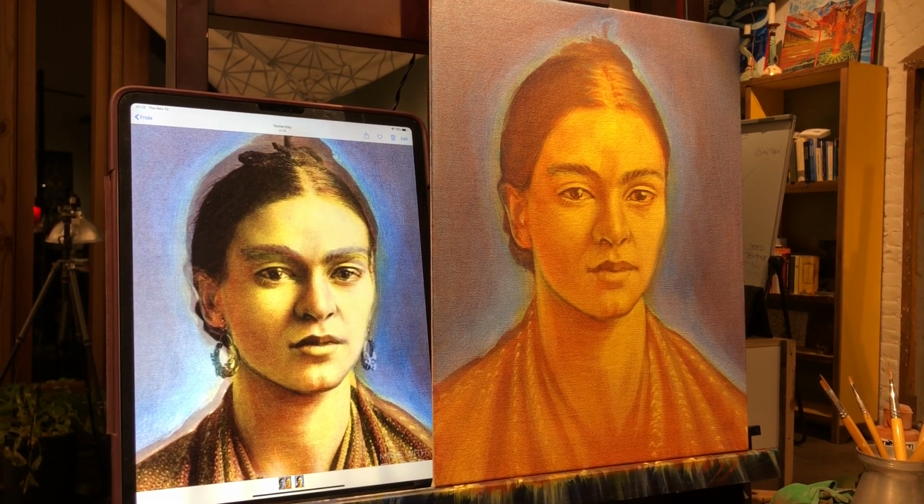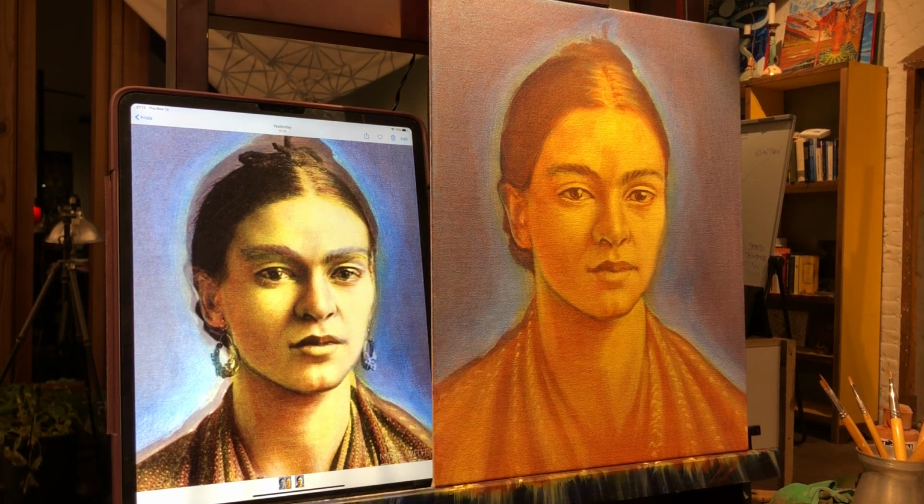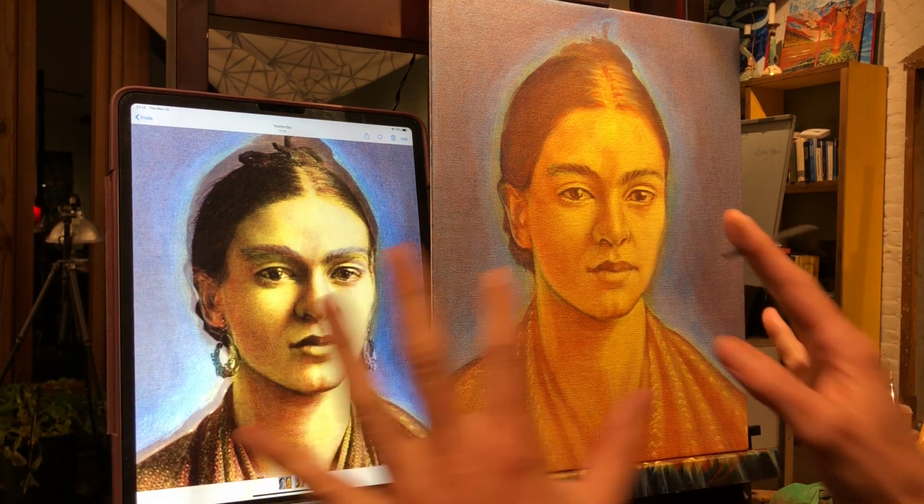All right, hello everybody. So I am excited to jump into the next phase of doing some corrections on this piece and to show you how I would approach it. I did post this image that I made through the app Fused. It's a classic kind of photo overlay